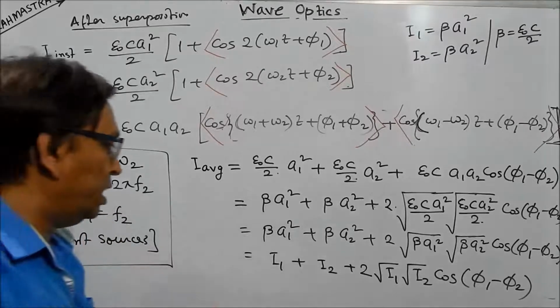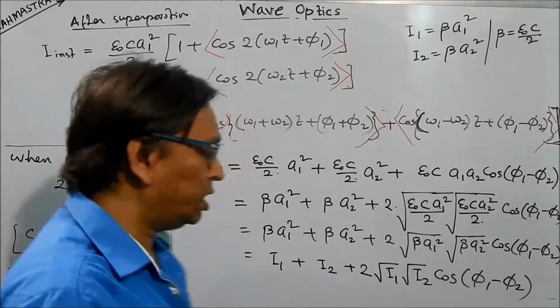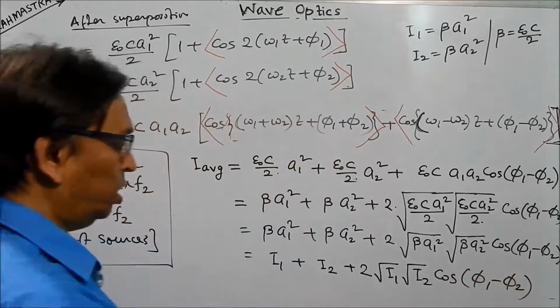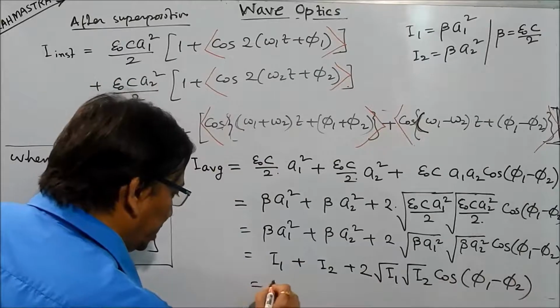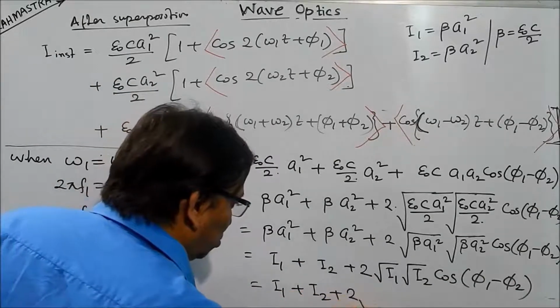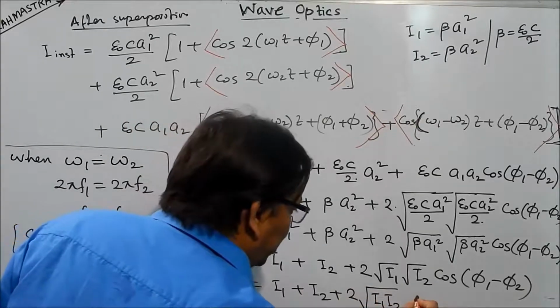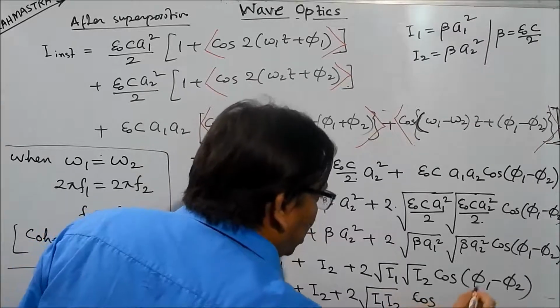So then we are getting I1 plus I2 plus 2 root under I1 I2 cos phi 1 minus phi 2. So as a whole this phi 1 minus phi 2 is called, what is phi 1 minus phi 2? What we have taken basically. So if I write this, this will be I1 plus I2 plus 2 root under I1 I2 and this can be written as cos of